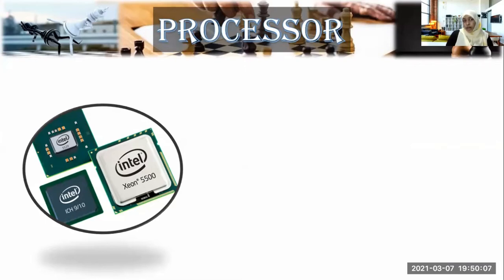So why do we call it the most important part of the computer? Because whatever data you enter into the computer should be processed, right? For example, you are using the computer to process data, isn't it? So all the processing is done by this processor. So imagine, without a processor, will a computer work? No.